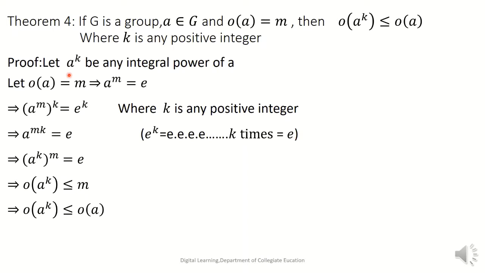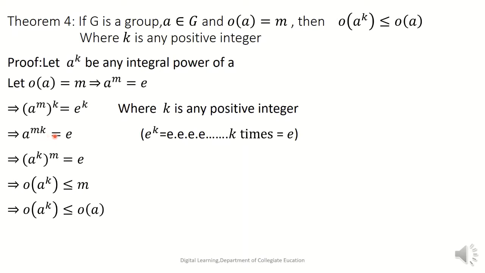Let A power k be any integral power of A. That is, here let us take the order of A as m. This implies, by the definition of the order of an element, A power m is equal to E. This implies, taking power k on both sides, we get (A power m) whole power k. This is equal to E power k, which implies (A power m) to the power k can be written as A power